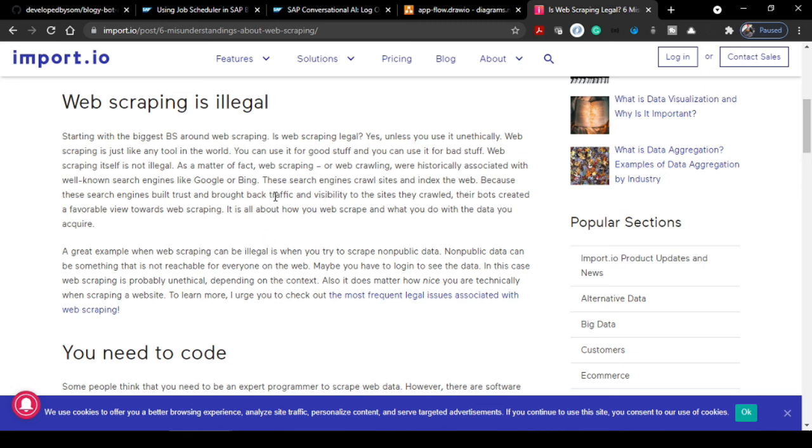We are actually crawling the SAP community blog posts, and it is allowing me the scraping, and the information I am using is very clear: what data I'm grabbing and how I am using it in my GitHub document. So if you are all good with that kind of usage of the data, then I think this is completely fine with web scraping. Okay, let's move back to the coding part.